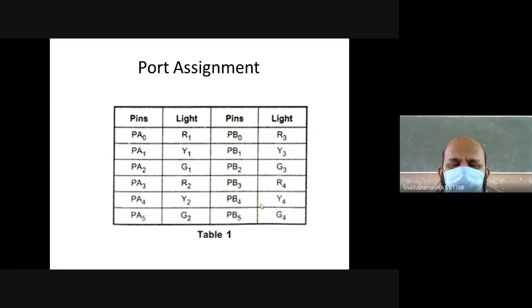Okay, so in that three ports available, we are here going to consider port A and port B. Port C varies with application, right? For this particular application, I need 6 port pins to be ready on each of the ports. On port A, I have 6 lights connected. On port B, I am connecting 6 lights, right? So for north and south,